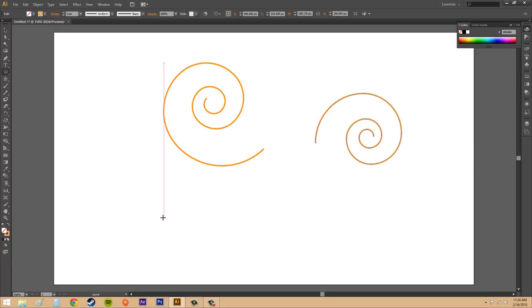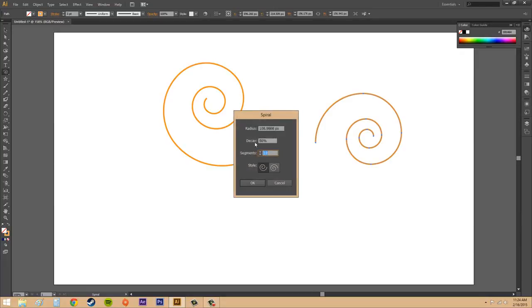All right, the cool part is when we start clicking on the spiral, we can start editing the spiral. So let's go ahead and click. And we've got a radius, we've got a decay, we've got segments and style. Now the radius is going to be how wide it is from the center. The decay is how long it goes until it doesn't really become a spiral anymore. Well, the actual definition is the amount each wind decreases,